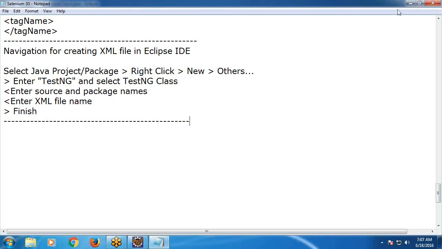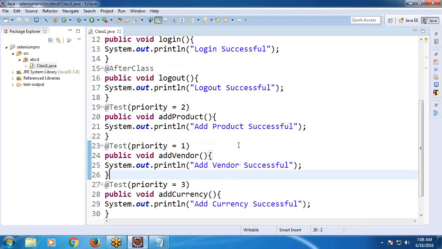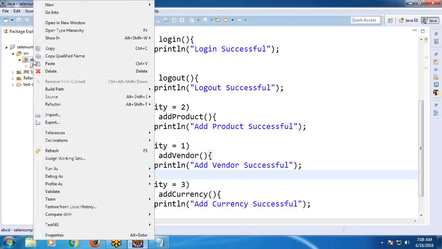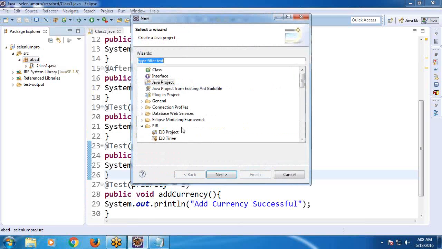Create XML file, Saloni. Guide me, Saloni. Yes, sir. Select Java project, suppose ABCD. Right click, new, others. Here, type